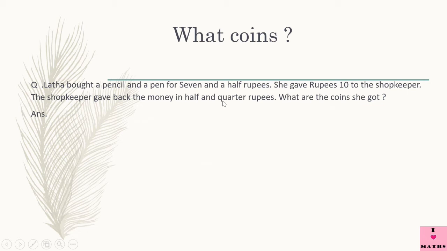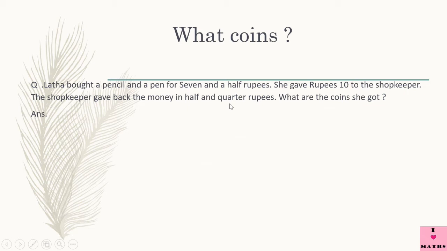What is the meaning of quarter rupee? Half rupee we have understood. Half rupee is a 50 paisa coin. Now we have to find how much is quarter rupee. It means 1 rupee should be divided into 4 equal parts and then 1 part will be a quarter. So if we divide 100 into 4 equal parts, what will we get? Children, you can divide 100 by 4 quickly in your notebook. You can do it or you can even do it mentally. Come on, do it.